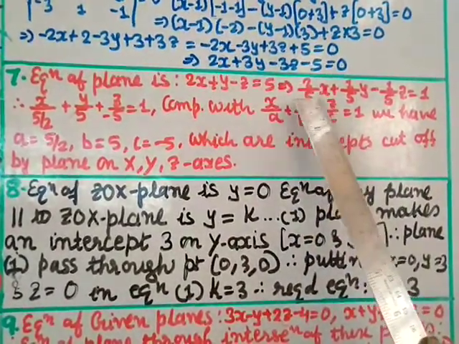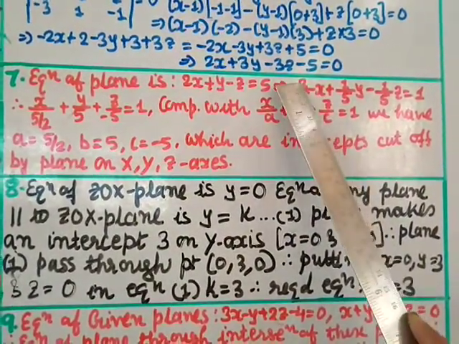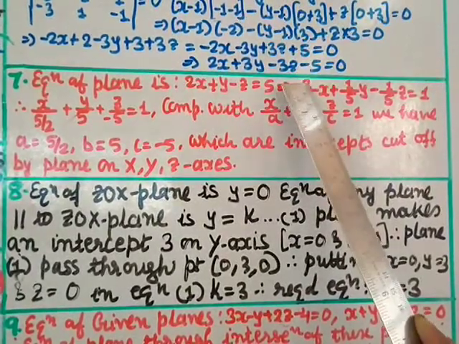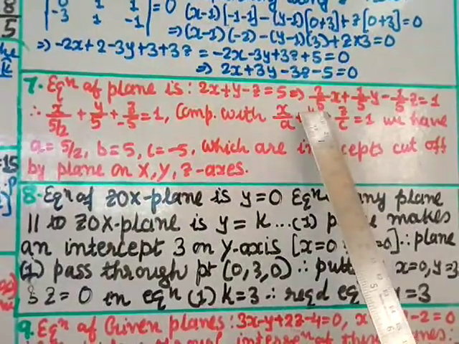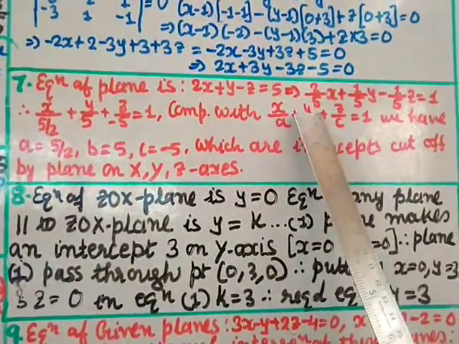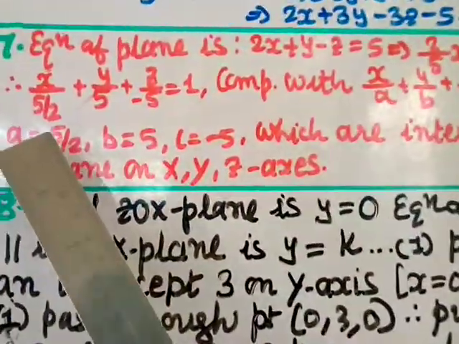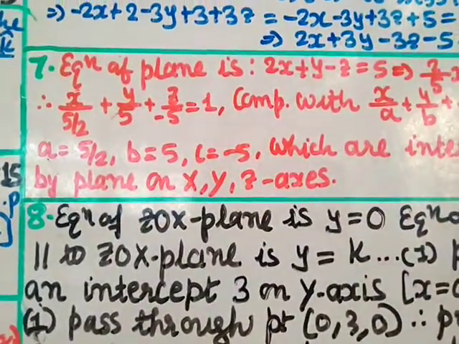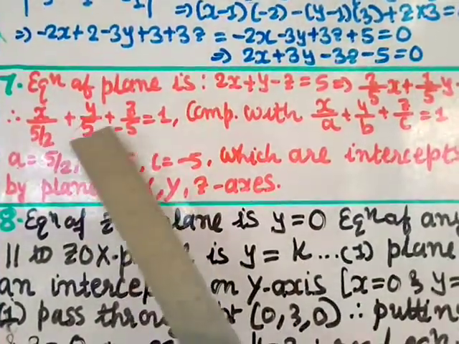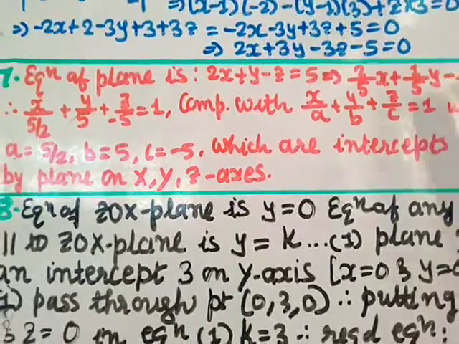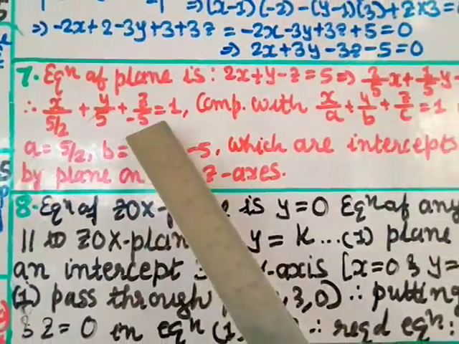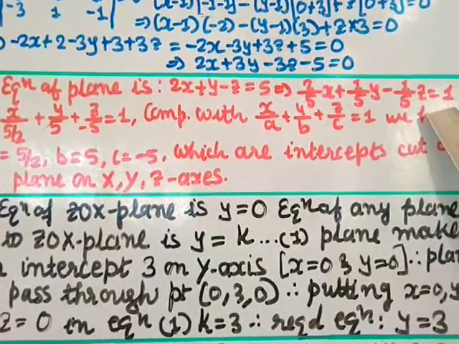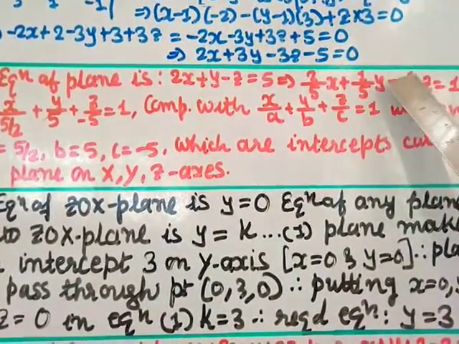Now this x, it should be in the numerator with the denominator below, right? So if you transfer this 2 to the denominator, it will go in the denominator's denominator. So this can be written as x divided by 5 by 2. These 2 I am taking in the denominator, right? So x by 5 by 2. Plus this one is y by 5, just write as y by 5, plus this minus take here because it should be positive here. So z by minus 5 equal to 1. Okay, this one keep as it is 1, and this minus is taken here, and z into 1 is z by minus 5.